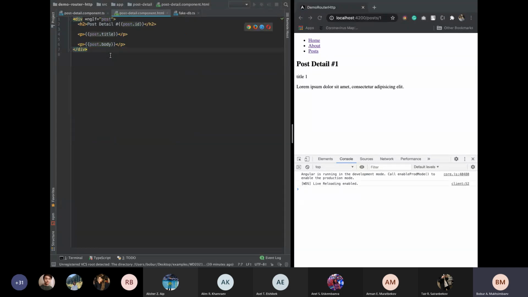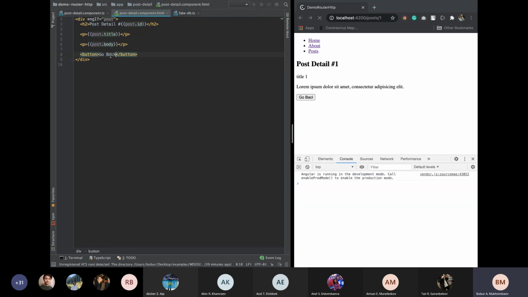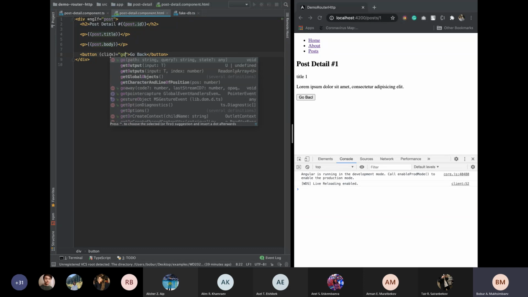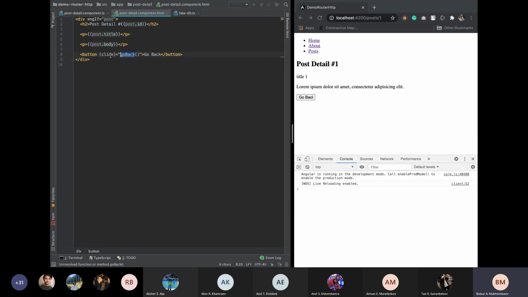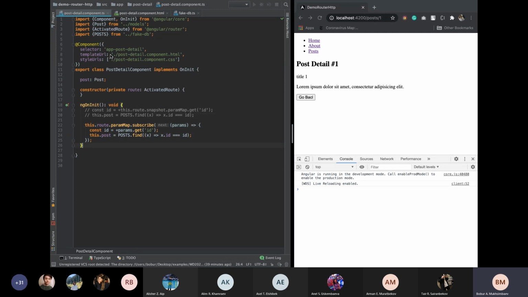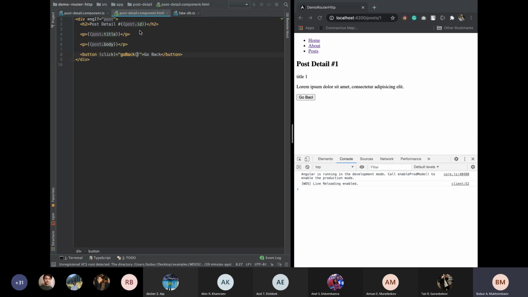Inside of the detail page, let's add a "Go back" button. When we click this button, we have to call a function called goBack. And let's implement this function. For implementing the same thing as the back button from the browser, we